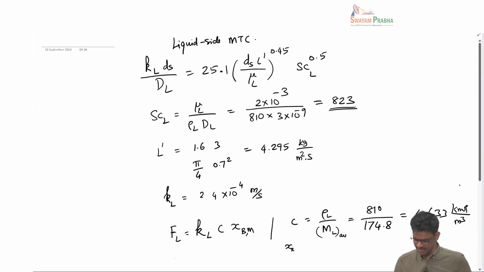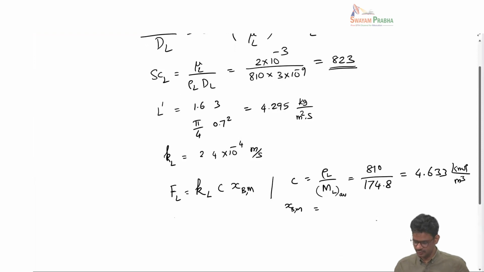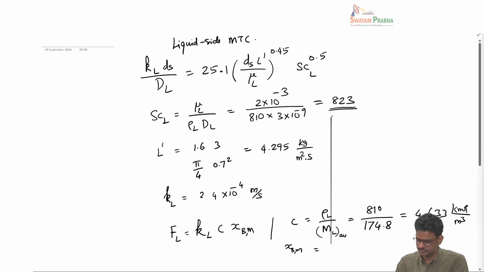And XBM is x2 minus x1 over ln of, sorry, this is actually with respect to component B. So we can write as 1 minus x2